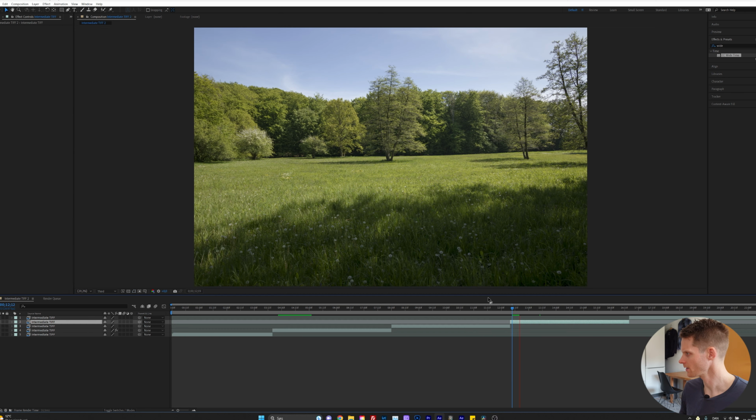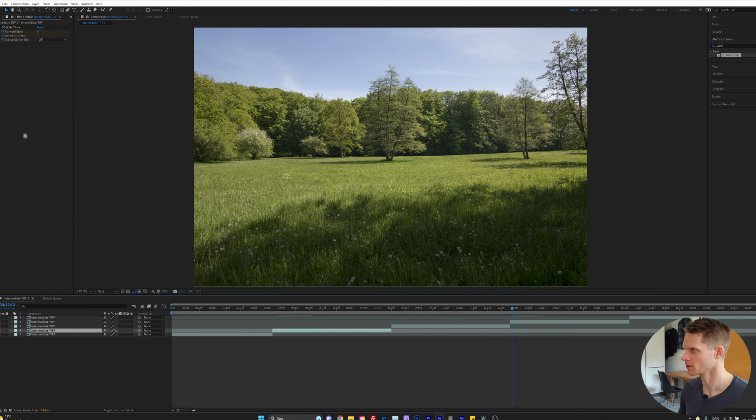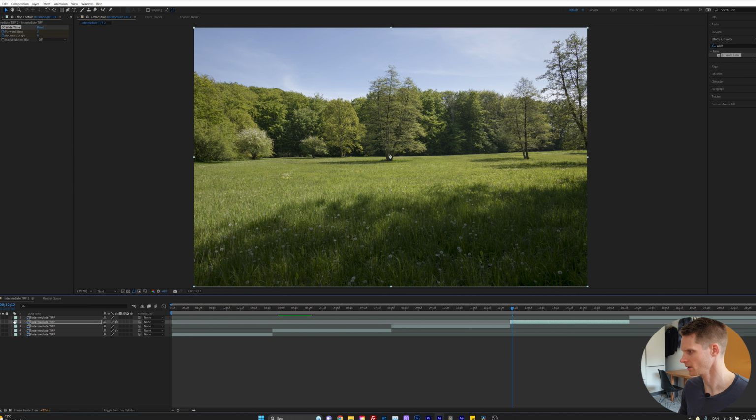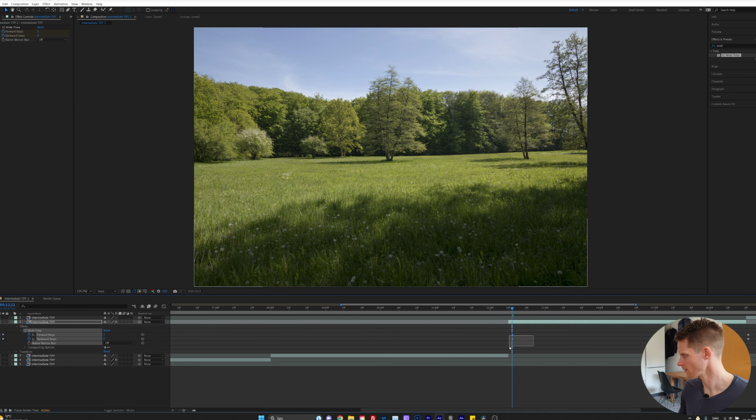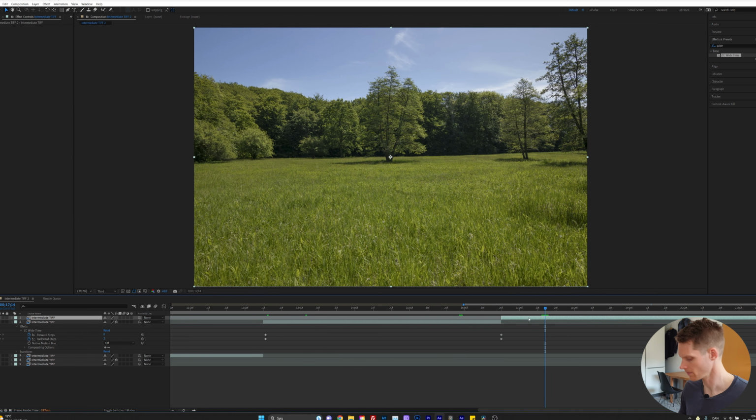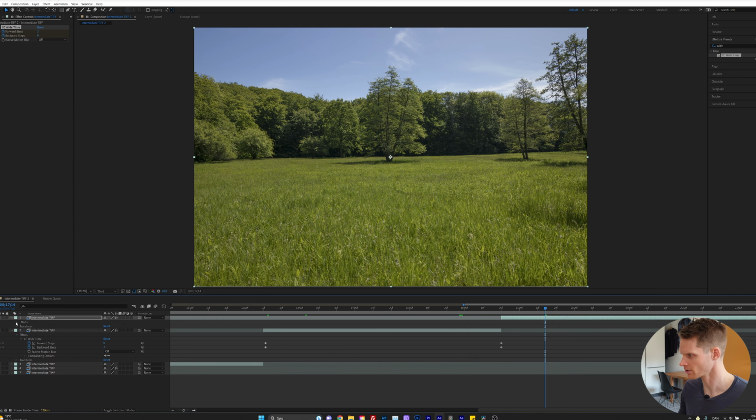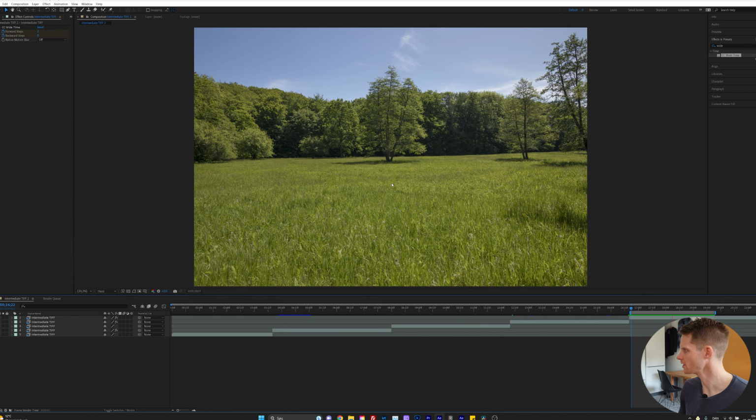This one right here, there's quite a lot of movement here in the grass in the foreground and in the leaves in the trees. So smoothing that out a little bit will definitely help it look a little bit better. So I'm just going to copy this effect to here and just adjust the keyframes like this, and I'll apply it to the final shot as well. So right now you can see it looks a bit more smooth here in the grass and in the leaves